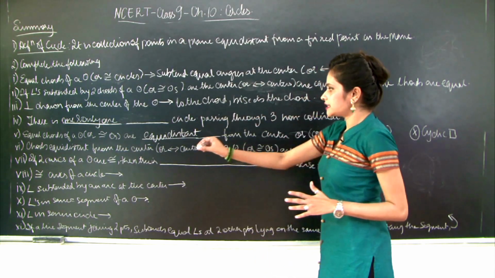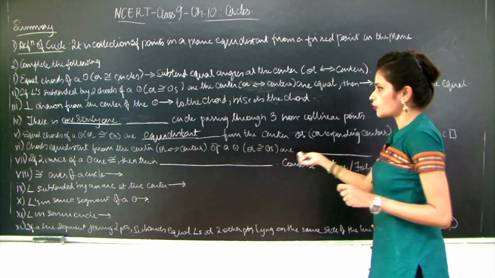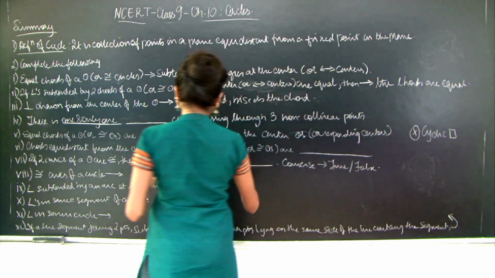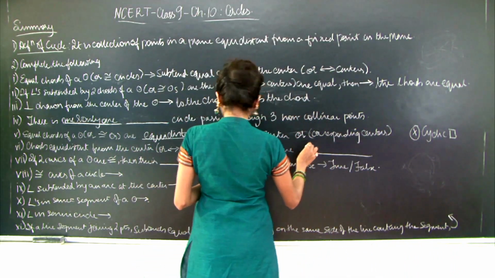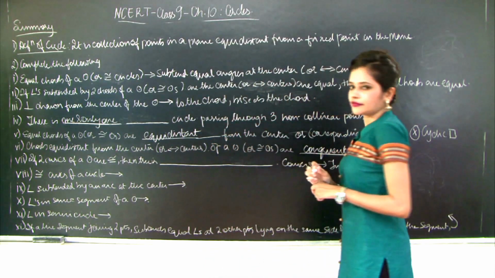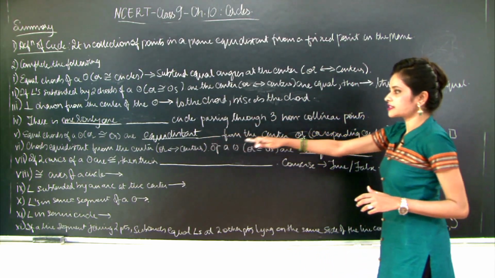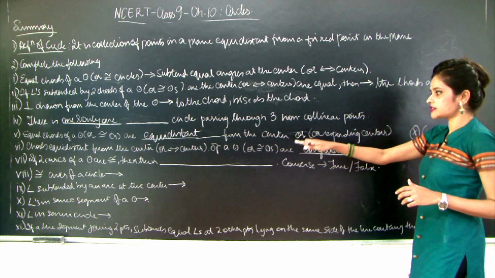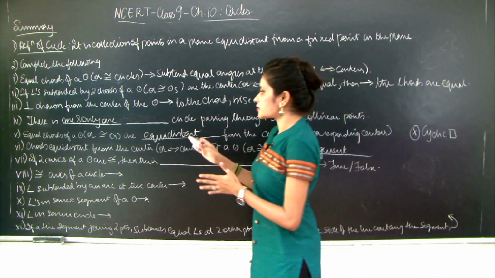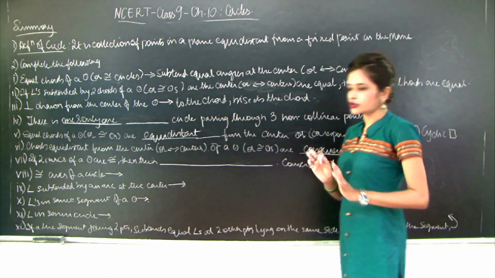Moving on, chords equidistant from the center or corresponding centers of a circle or congruent circles, it is the converse of this one. So chords equidistant from the center of the circle, please complete. This was very simple considering that we have already gone through this one. Chords equidistant from the center of the circle or corresponding centers of a circle or congruent circles are congruent. Okay, if two arcs of a circle are congruent, then their dash, you have to complete.